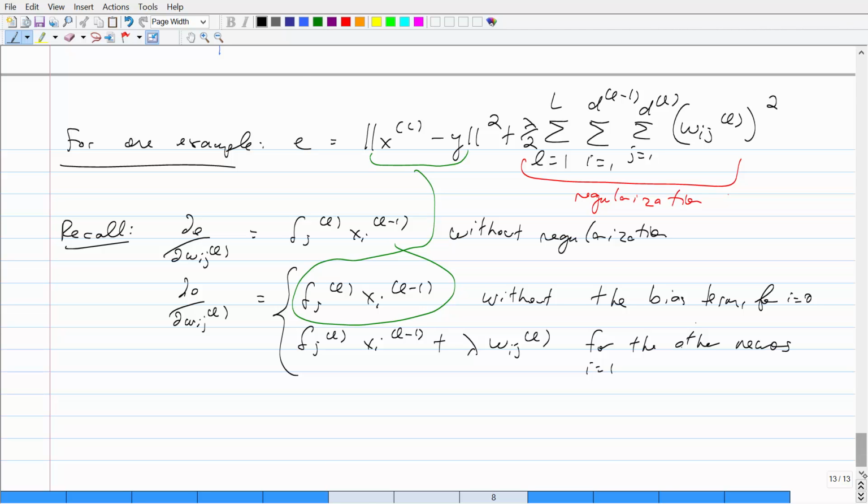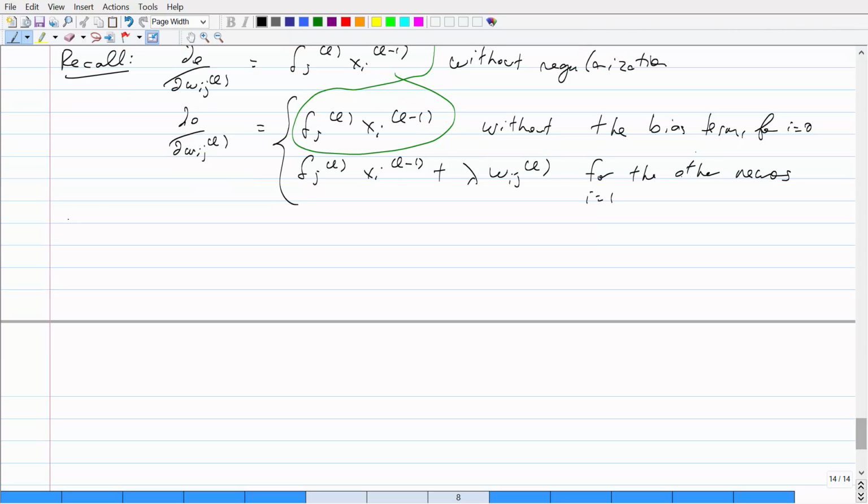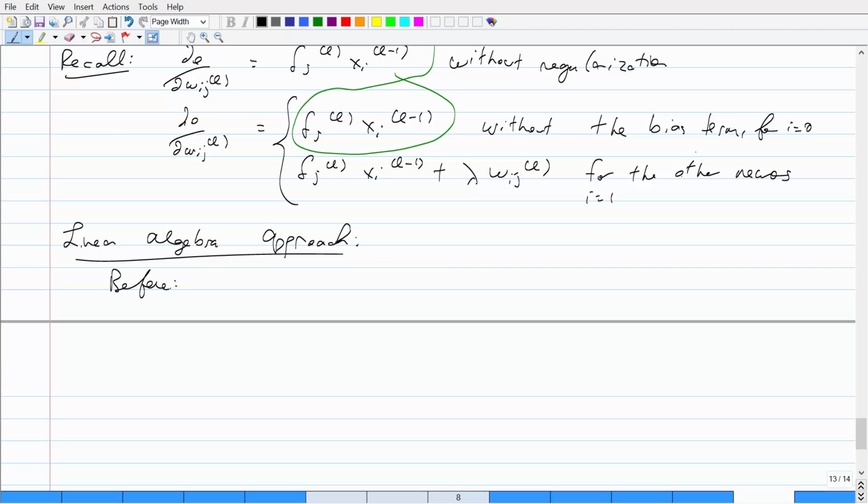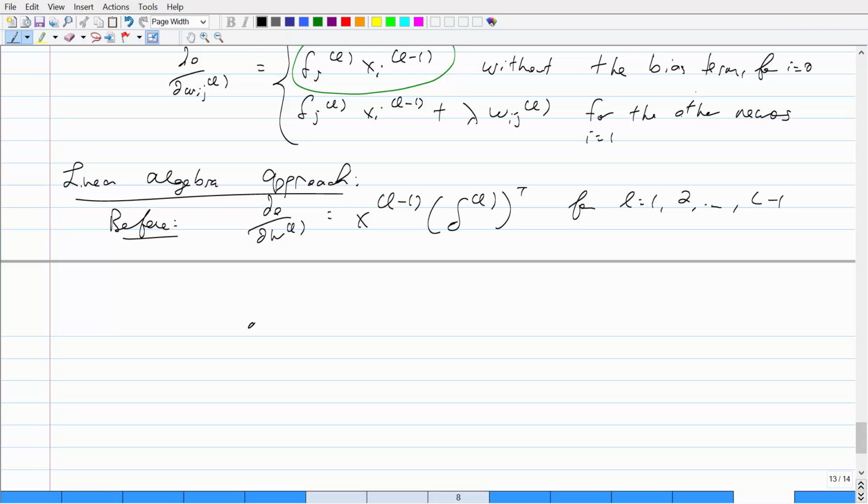Okay. So that's how you do it individually, but I'm going to talk about how to do it using linear algebra, right? So linear algebra approach. And this is the way I would recommend. Okay. So before, right, you wanted to compute the updates that were reshaped into a matrix. So it was basically, what was it? It was x, L minus 1, and then we had, okay, so this was the update here. So this is for L equal to 1, 2, and then not including the output layer. And then if you want to do the output layer, it's very simple. You're just doing, what is it? It was,